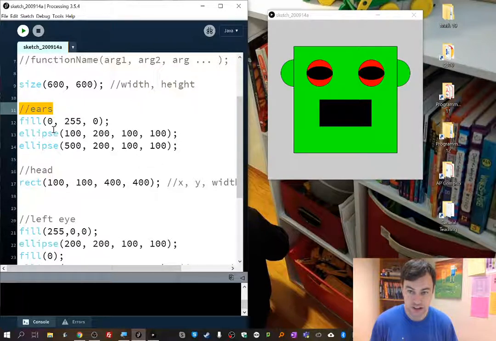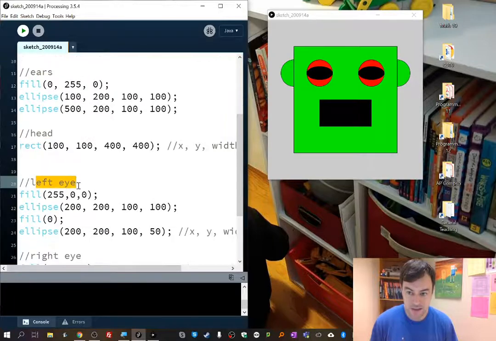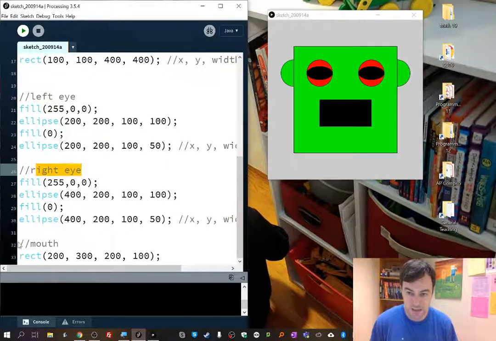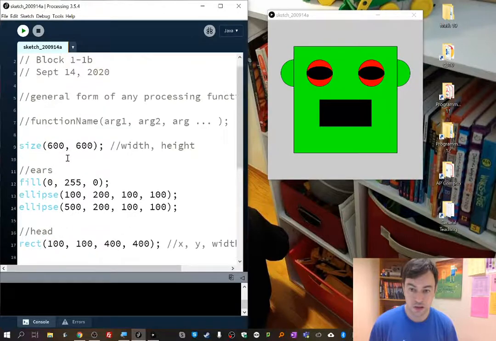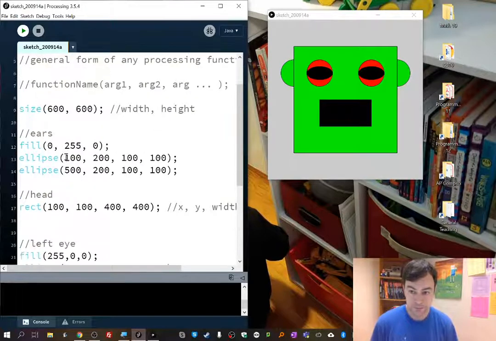Here's the ears. These are the two ellipses that make my ears. Here's the head. Here's the left eye. Here's the right eye. Here's the mouth. That's really important. I definitely want you all to remember to do this as you build the code for your drawings. When I look at your code, I should be able to see at a glance what part of the code draws which shape. So for the robot drawing, for example, you'll want to divide it into sky, sun, mountains,